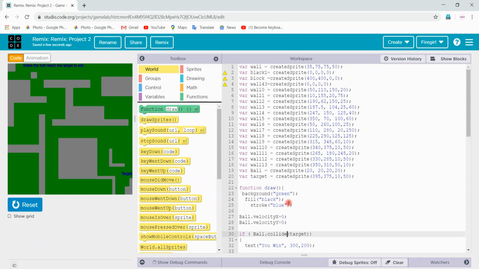Now the main part is velocity. Velocity is about gravity. Gravity is that if we take an apple or any object and let it fall down, it will fall.